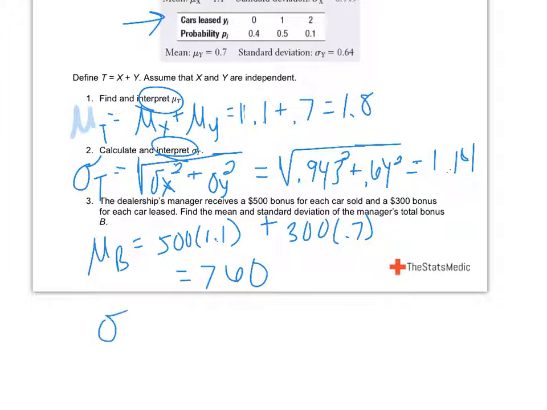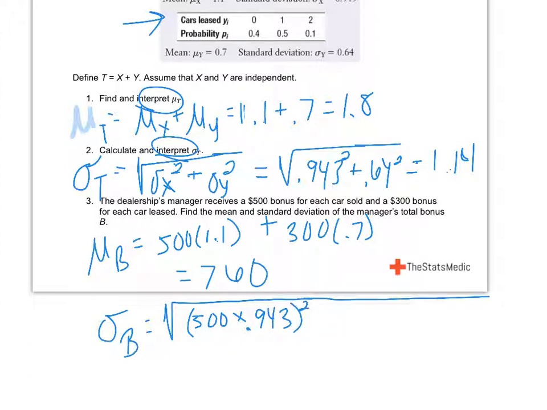which gives us 760. My standard deviation for B is going to be 500, because I'm multiplying, and that affects my standard deviation. So 500 times 0.943 squared, that's my standard deviation for his bonus for cars that are sold. And then for his bonus for cars that are leased, he gets 300 per car, and so that affects my standard deviation. So 300 times 0.64 squared. Okay, and then I add those together and I take the square root of those